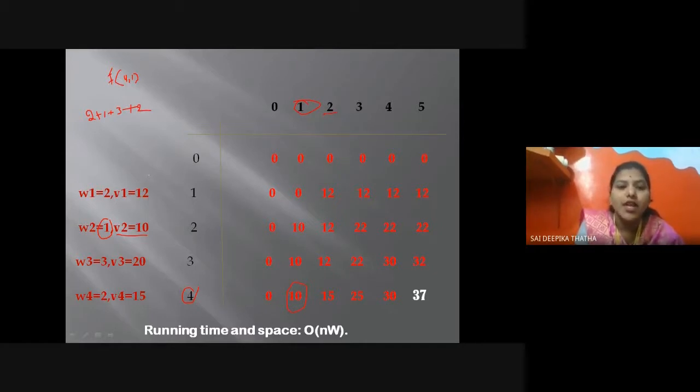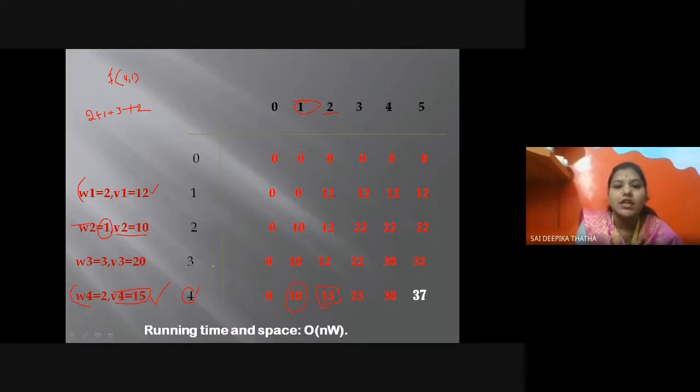2 is available in W1. For W1 weight also it is going to be 2, and for W4 is also going to be 2. Now what I need to take, whether the value of 12 or 15. In these cases you need to take only the maximum value, which is nothing but 15, so that 15 should be taken under here, this 4,2 value.